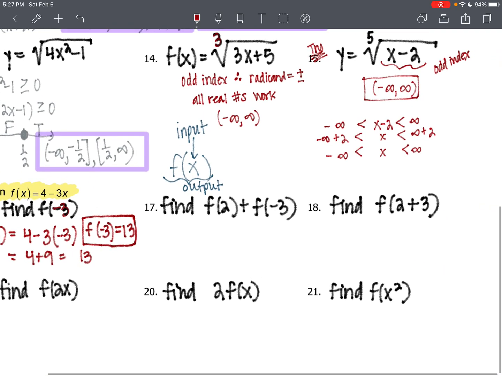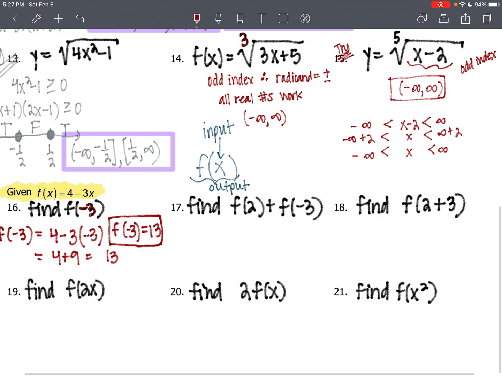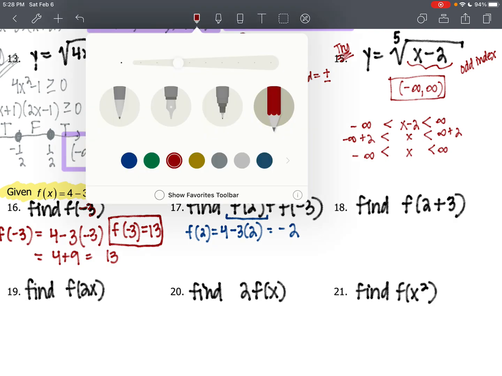Okay, find f of 2 plus f of negative 3. We're going to find f of 2 first. So I'm first going to find f of 2. F of 2 is equal to 4 minus 3 times 2, which is equal to 4 minus 6, which is negative 2. And then we're going to add to that